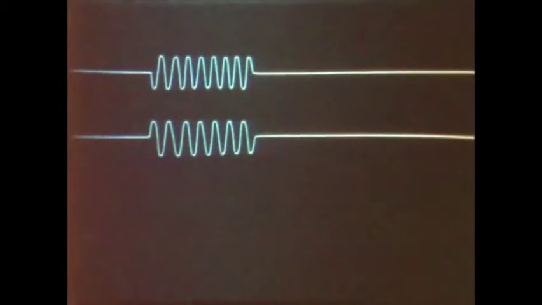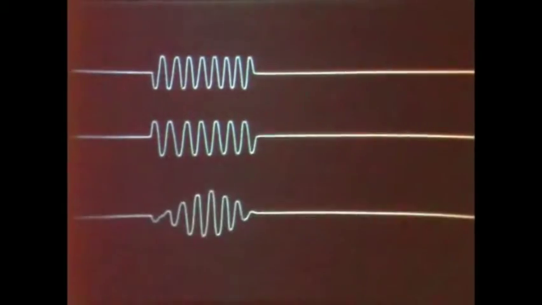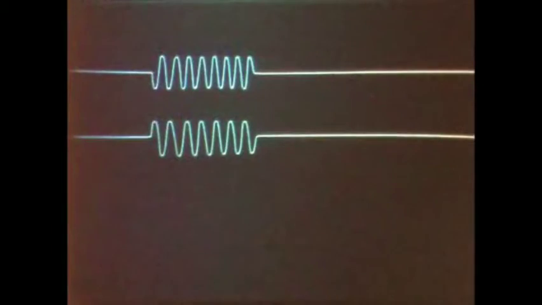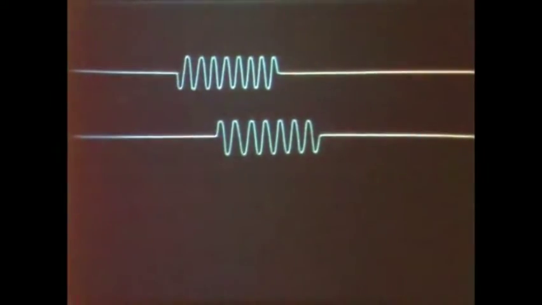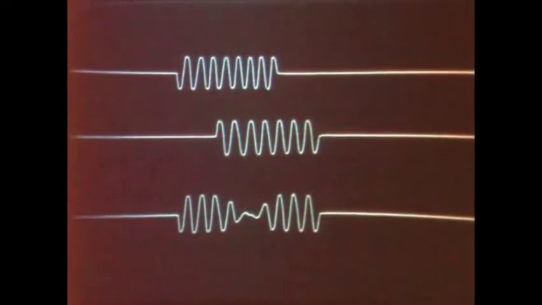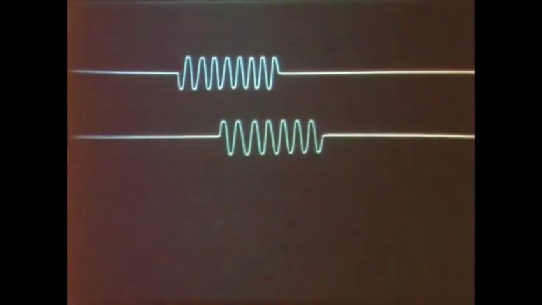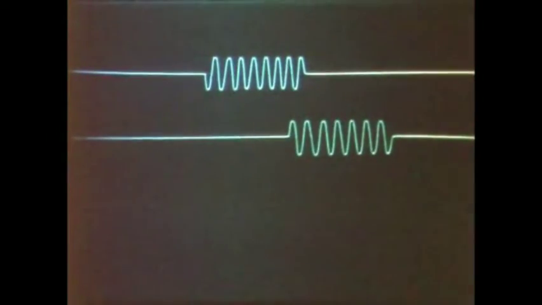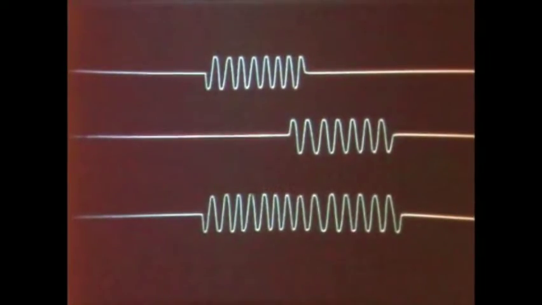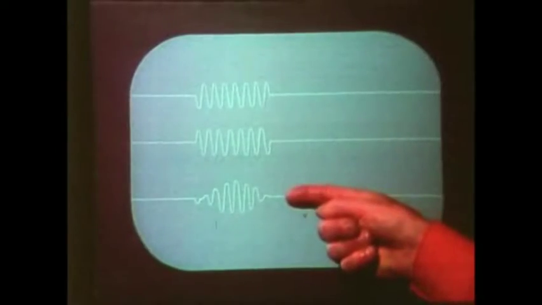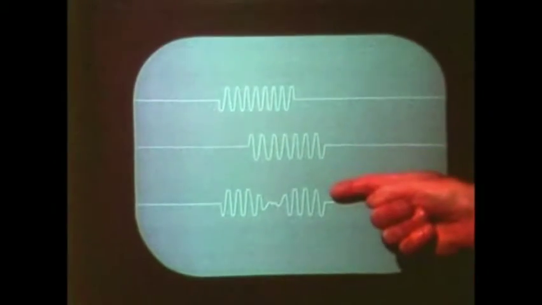When the 2 wave trains coincide, the packet has this shape. As the wave trains travel away from their source, the long wavelength waves move ahead of the short ones. And so at some later time, the packet will look different. And later still, dispersion has stretched the packet even more. Well, let's just look at that again. Dispersion's obviously changed the shape of the packet,